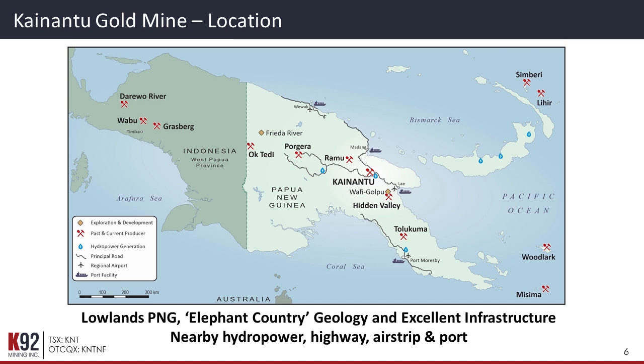In the context of PNG, we are in about the best possible location that you can get. We are just off the sealed highway that goes all the way up to Porgera, so it goes up into the mining area there and into the LNG areas. But we are still very much in the lowlands. We're in the valley, so therefore relatively low rainfall. We're looking at rainfall of 2 to 2.5 meters per year, versus Ok Tedi would be 8 to 10 meters, Porgera 6 to 8 meters. So this is for PNG at least, it's a low rainfall area,